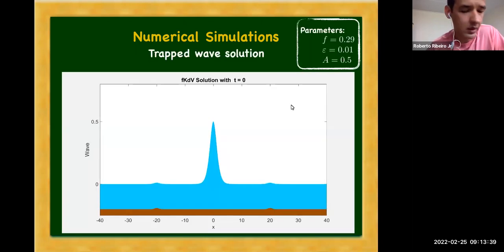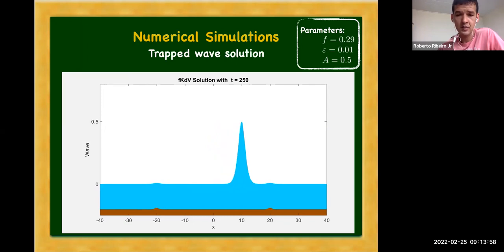Okay, so now I'm going to show you a simulation, an animation, for the case in which the initial amplitude is 0.5 and the parameter epsilon is 0.001. So let's play this animation.